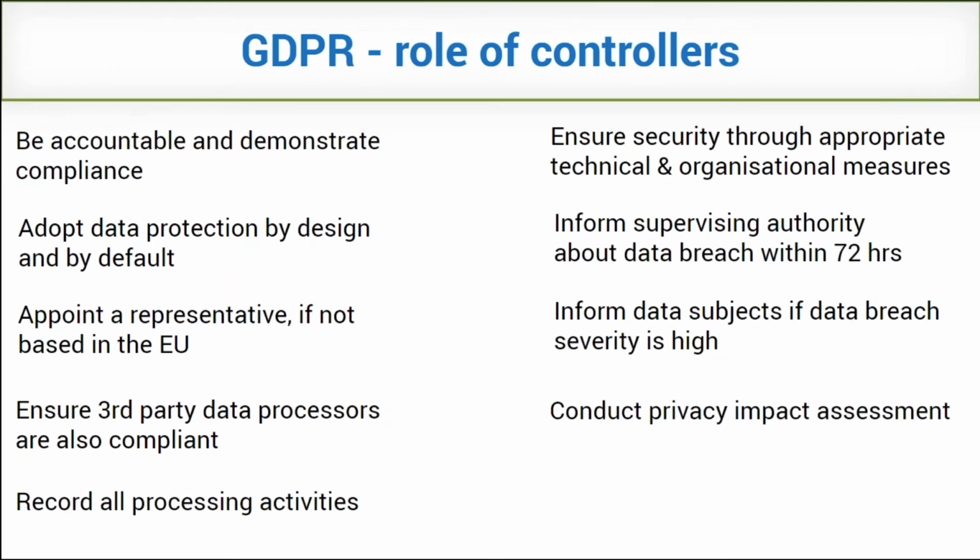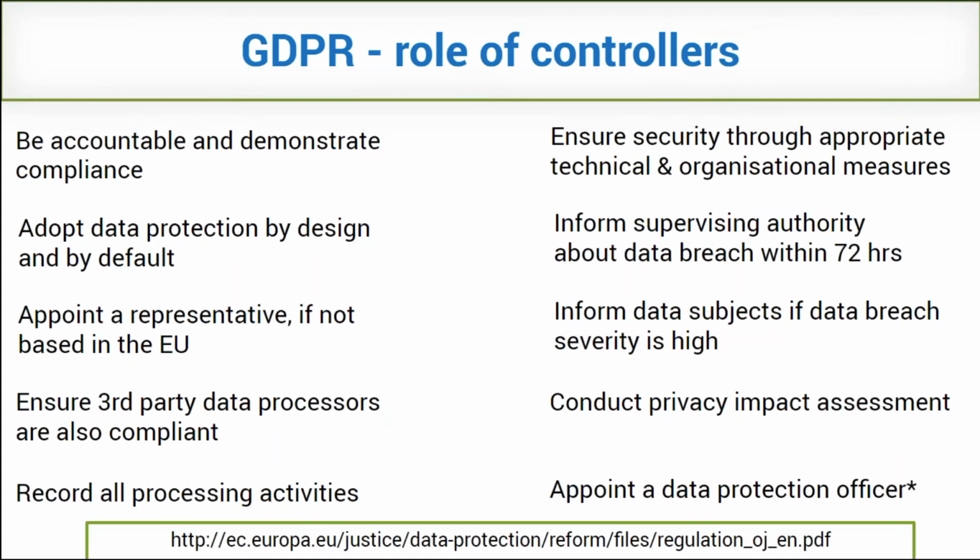You need to conduct a privacy impact assessment, especially when you're planning to implement new technologies to process data. And finally, you need to appoint a data protection officer if required. You can view the conditions under which it is essential to have a data protection officer by accessing the link